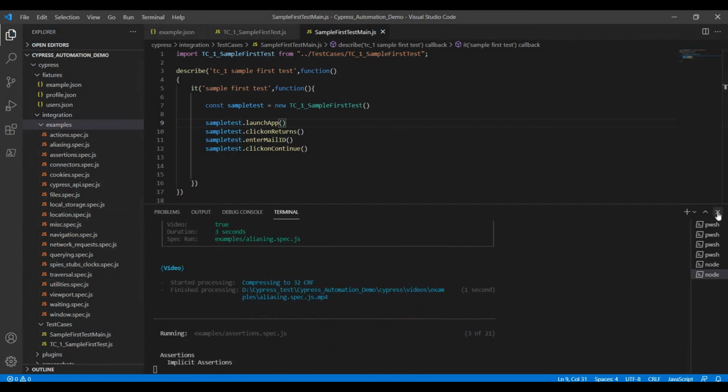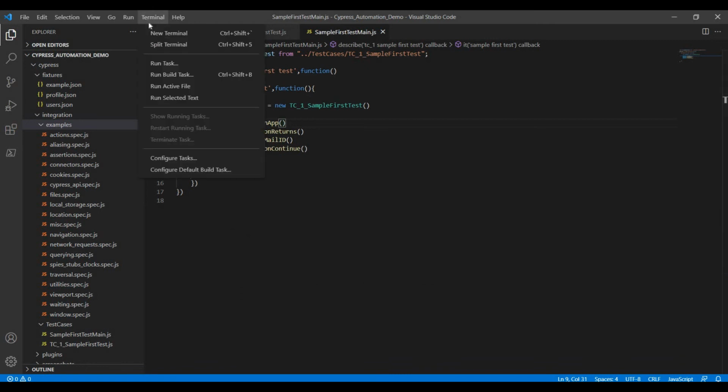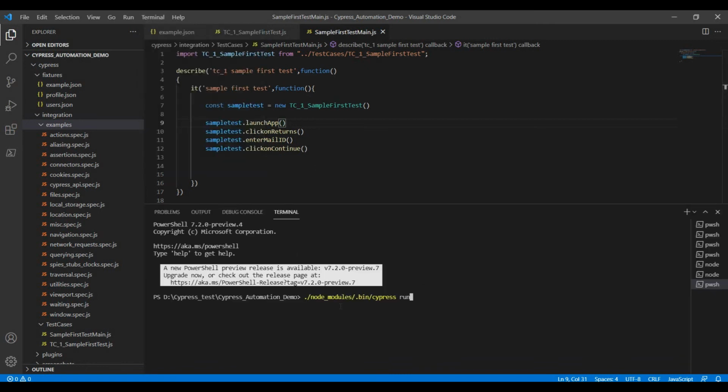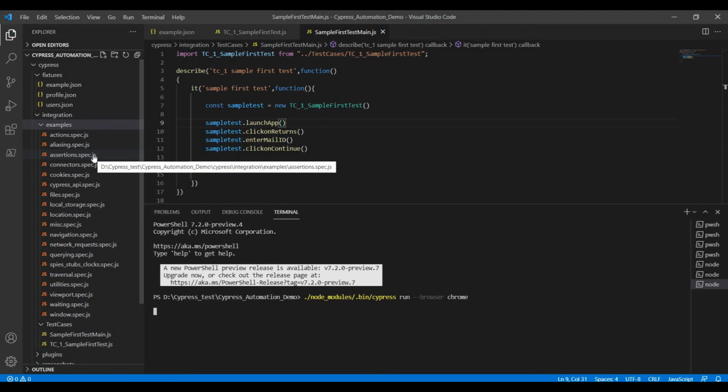So I just close it and tell you another command because it will take more time. Next, run browser Chrome. So I just want to run in the Chrome browser. I didn't mention any specific test case file path, just the common command. In that case also it will take the examples folder files.